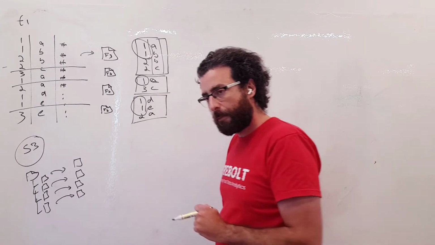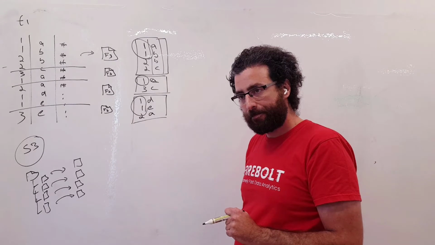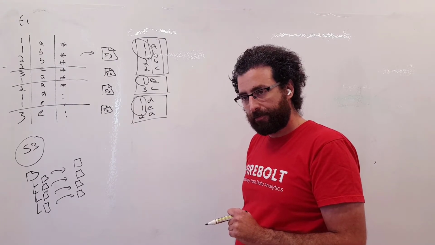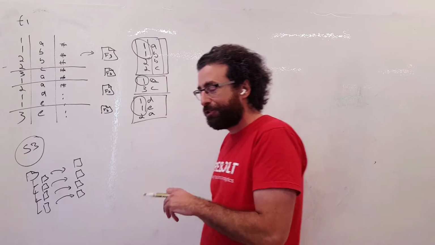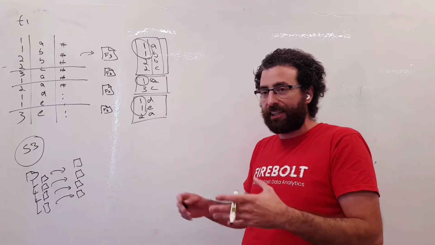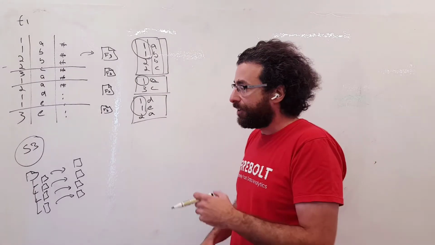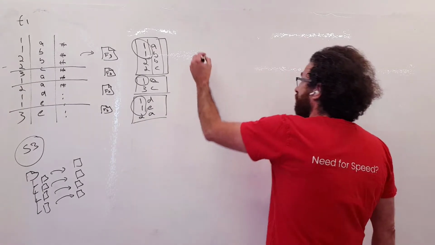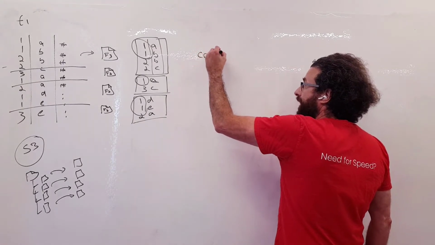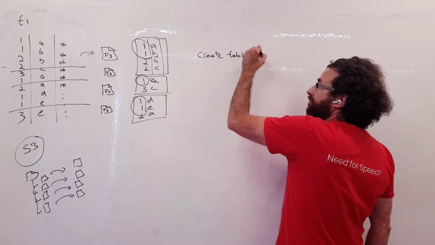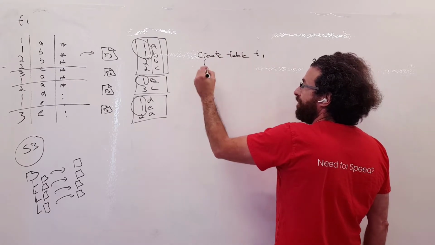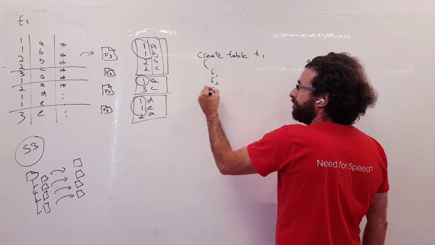But in terms of the indexing itself and the sparse indexing, that's completely abstracted for the users, right? The users do not have to deal with it. Absolutely. Users should not know what a sparse index is. They will never have to deal with it. The only thing the user needs to know is the following: when you create the following table in Firebolt, T1, and you have those three fields in it,